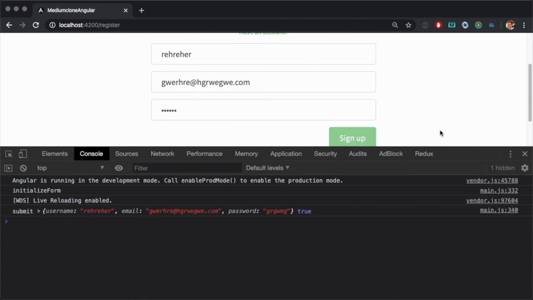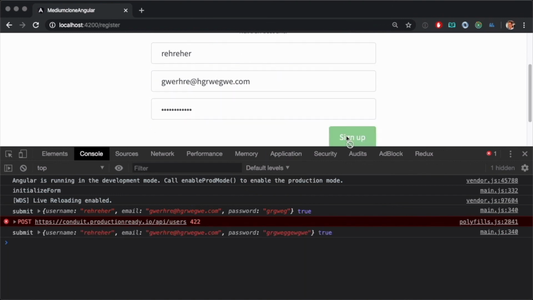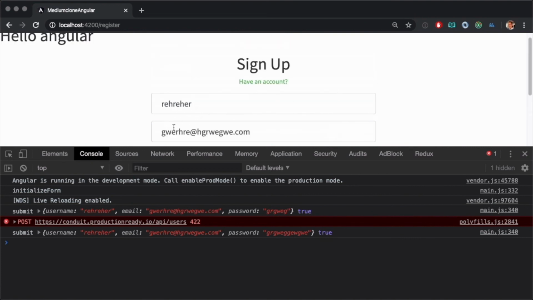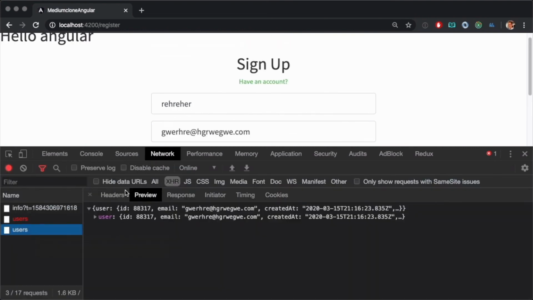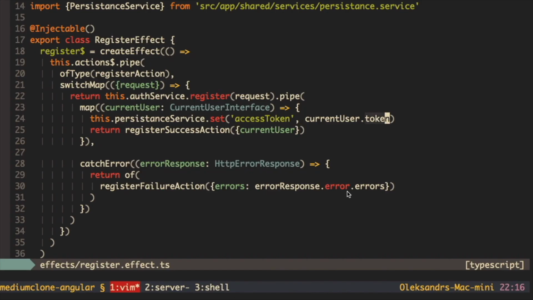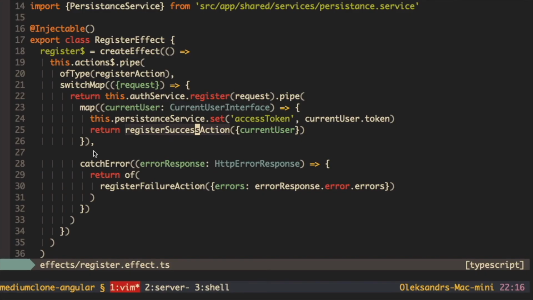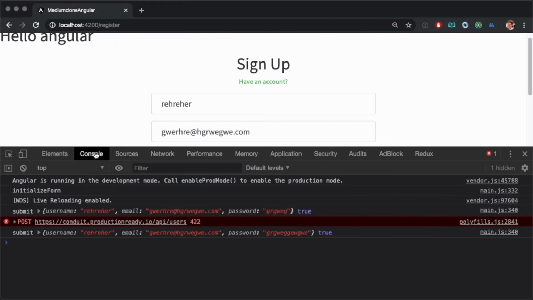So we click on sign up, and as you can see we get an error, password is too short, which is also good. So our backend validation is working. And now with the second try, here we get a user, and here in local storage you can see that we have access token, and here we saved this string. So basically we get this current user, and we saved this line in local storage with one string. So now we can access this access token from local storage everywhere through the persistent service and use it for our